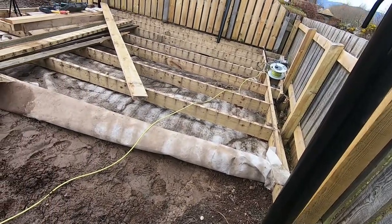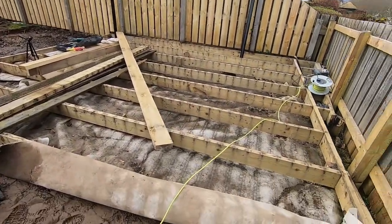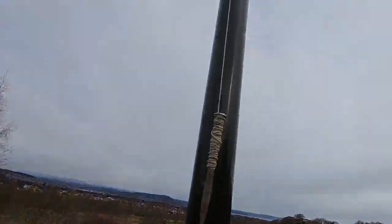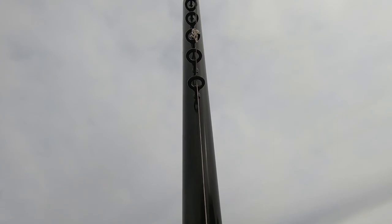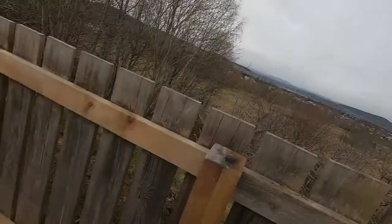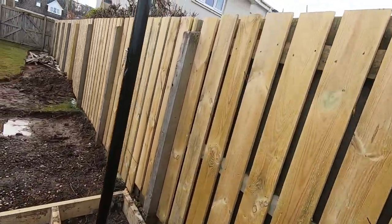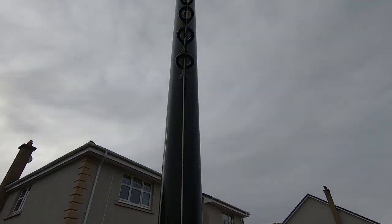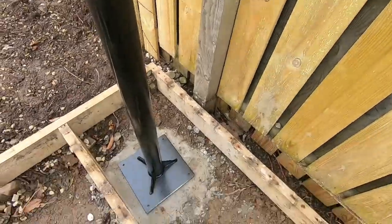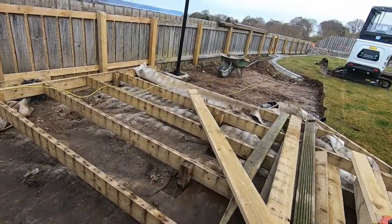All right, but how do we make sure that these two line up? Well, if you notice, I've got a string. It's just a brickies line, and I want to make sure that they are in the center of those eyes. So that string is, and let's go over and check it on this side. Yeah, that's pretty good there. All right, so this is just in a temporary position at the minute, but the first thing we're going to do is